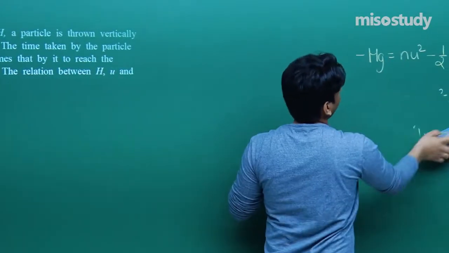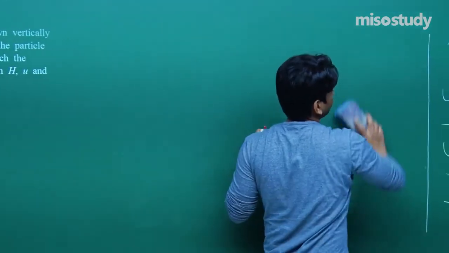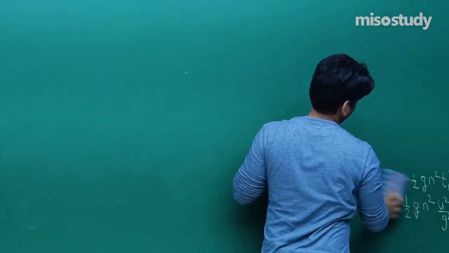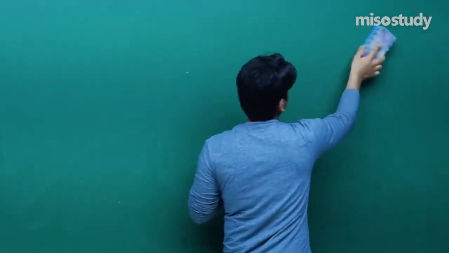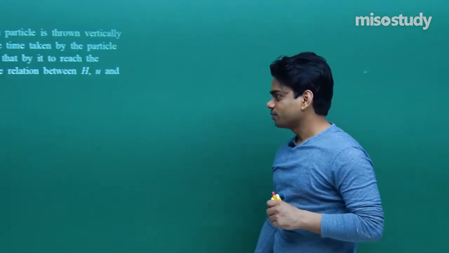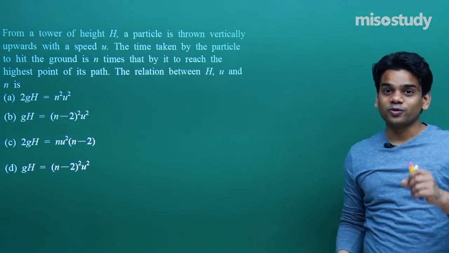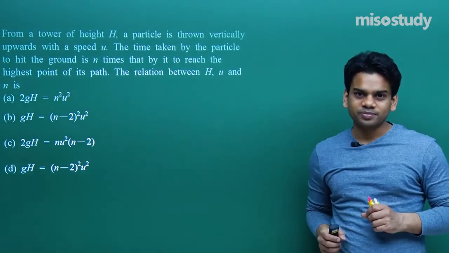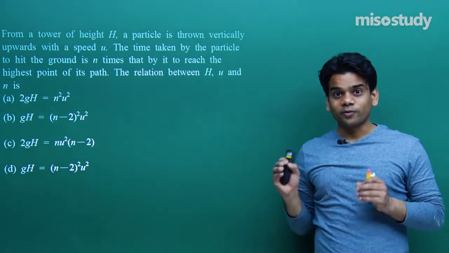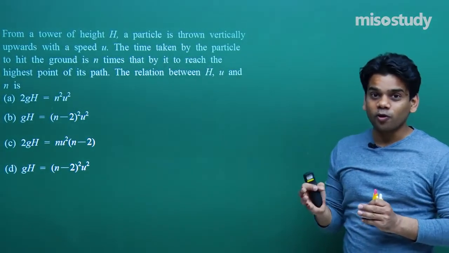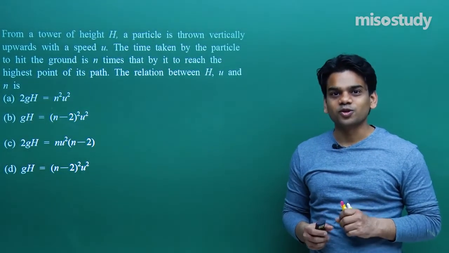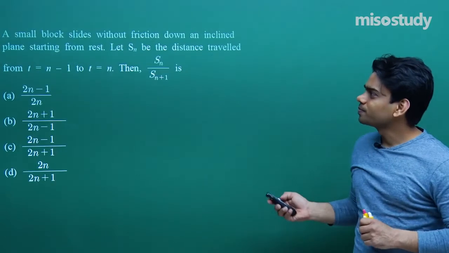Let me clear the board and we'll be proceeding with the next problem. This was a good problem that we did just now. Although the right approach is required in this problem. You might think that the problem is simple, but if you start solving on your own, you'll find that you are going to be trapped. Although the problem is simple, if you have the right approach, how to frame equations, how you have to switch between terms, you have to think wisely and you can reach the right solution. Let's go ahead with the next problem.